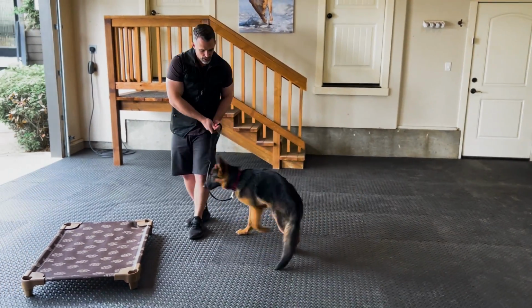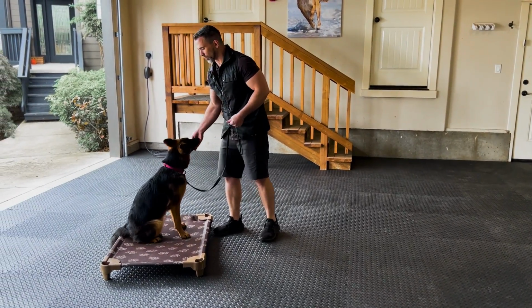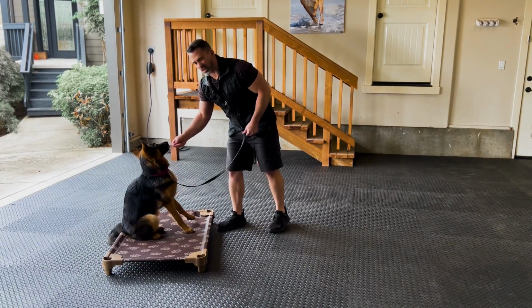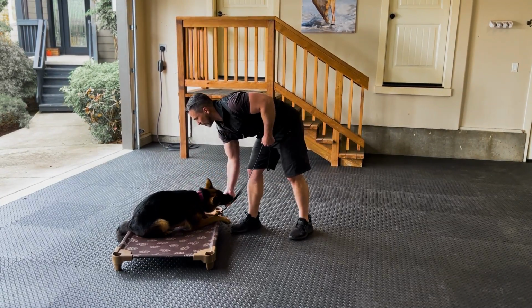She has been trained on leash pressure, so this should be pretty easy, but she's not going to be generalized because she's only been working with her owner. She hasn't worked with me before. This is the first time. Now, she came in yesterday, so I spent all day yesterday just hanging out with her, building a bond, letting her play with the other dogs, letting her get comfortable in the environment before I started doing any sort of